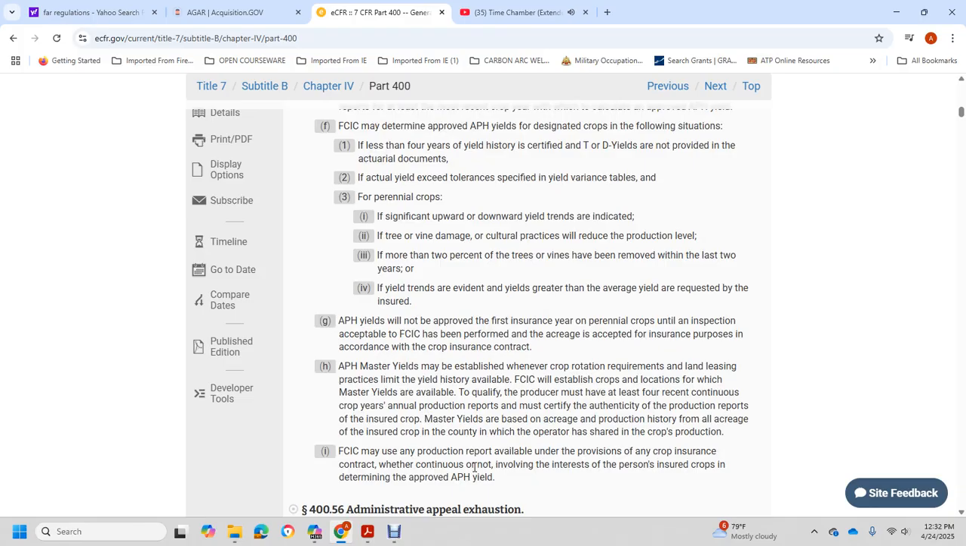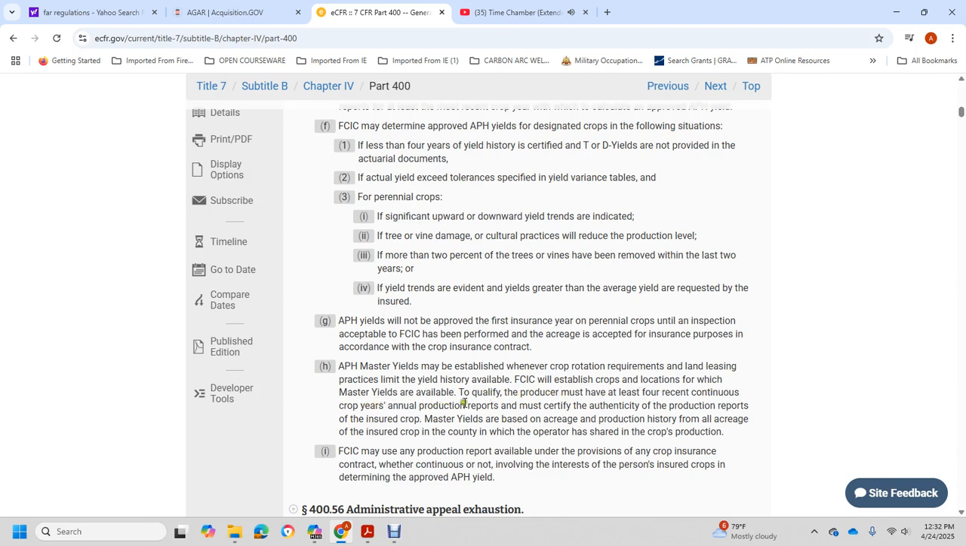Actual production history will not be approved for the first insurance year of perennial crops until the inspection approved by the FCIC has been performed on the acreage, except for insurance purposes in accordance with the crop insurance contract. Actual production history applies whenever the crop rotation requirement or leasing practice limits the yield history available to the FCIC for the crop and location. To qualify, the producer must have at least 4